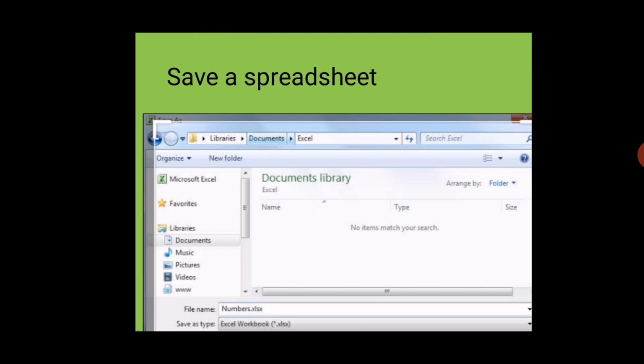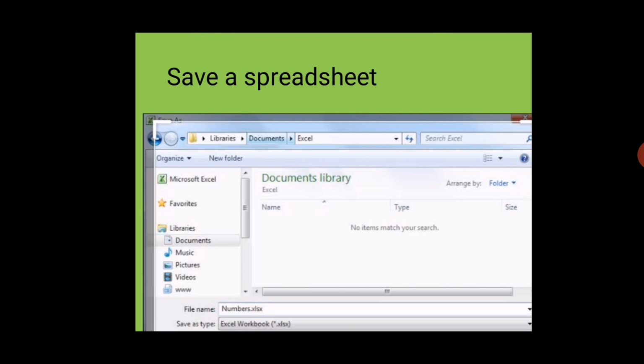Next is how can we save our spreadsheet. Go to the File tab, then click on the Save option. After that a window will appear in this way. So now you can select your location, then write the file name, and then Save as type, which by default is Excel.